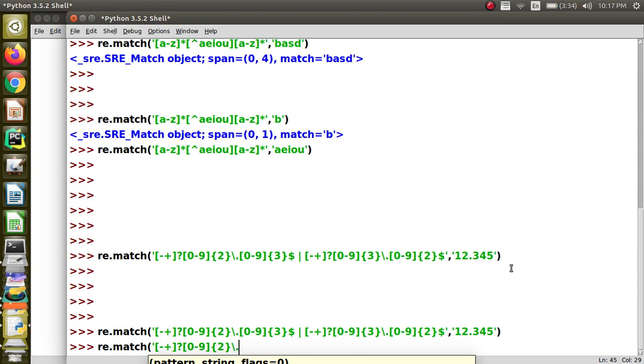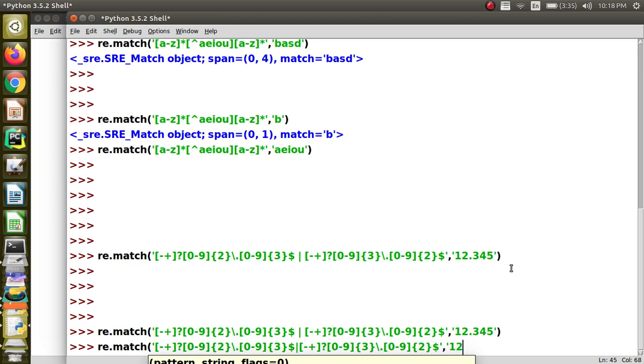For dot we have to use backslash, and then 0 to 9 3 times, and put a dollar because nothing should follow, it's like a strict thing, or minus or plus 0 or 1 times, 0 to 9, if it is coming 3 times, then there should be a dot, 0 to 9, 2 times it can come, dollar. This is the form, right?